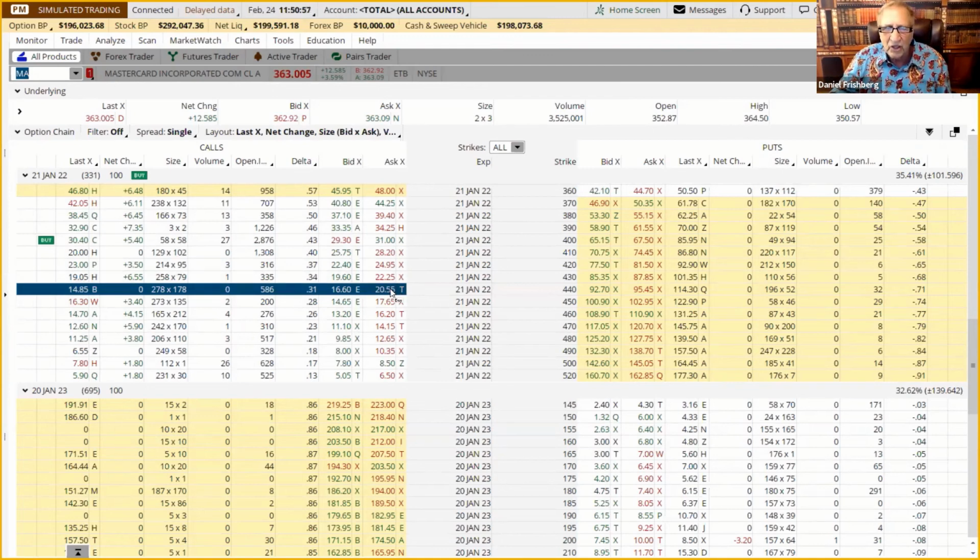So let's just look at how you make the chart. People are asking, how do you get a chart of the option prices that you can compare to the stock price? Because that's a very good way to see how much action you get out of the option when the stock goes down or up. It helps to choose which option to buy. So I've been demonstrating that, but people want to know how to do it. So I'm going to demonstrate it again.